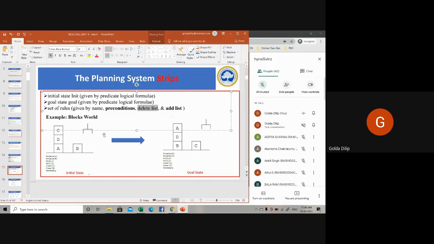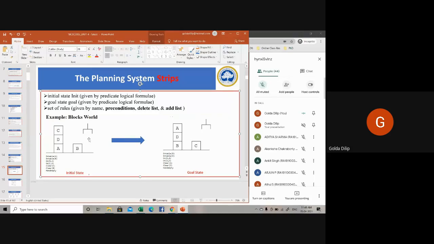Upon some action, certain predicates will go to the add list, or new operations may get added to the add list, or certain operations might get deleted, which will become part of the delete list. Then it becomes the post condition, and the post condition for one action will become the precondition for the next action. Action, operators, all these are synonymous. It might be slightly confusing, but I'll explain it with the block world problem itself in an Excel sheet.